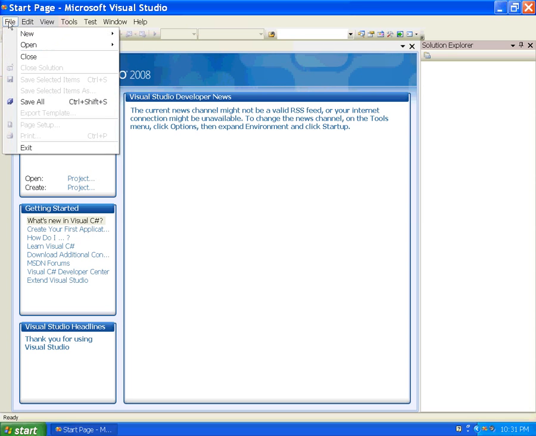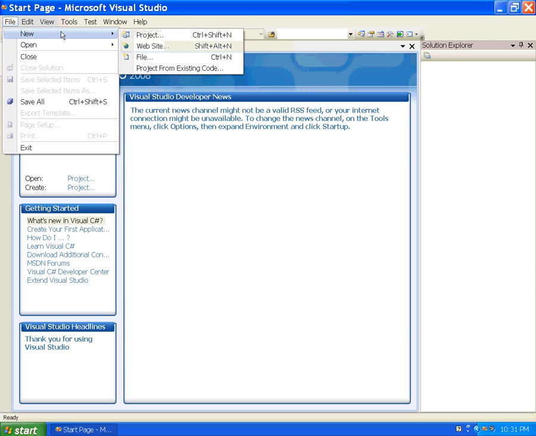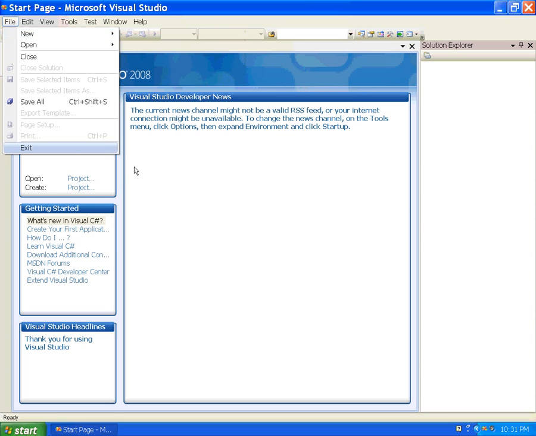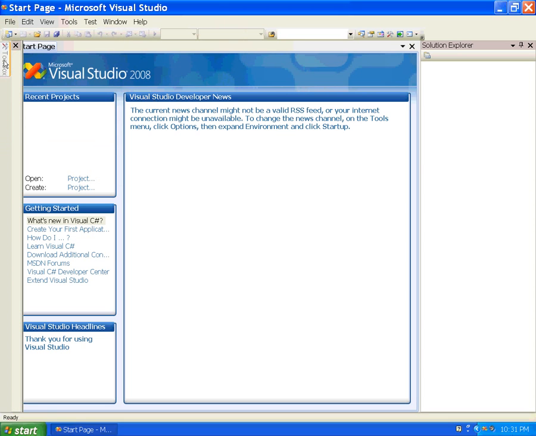So if we have to create a project, then go to the File menu, select New, and then Project.